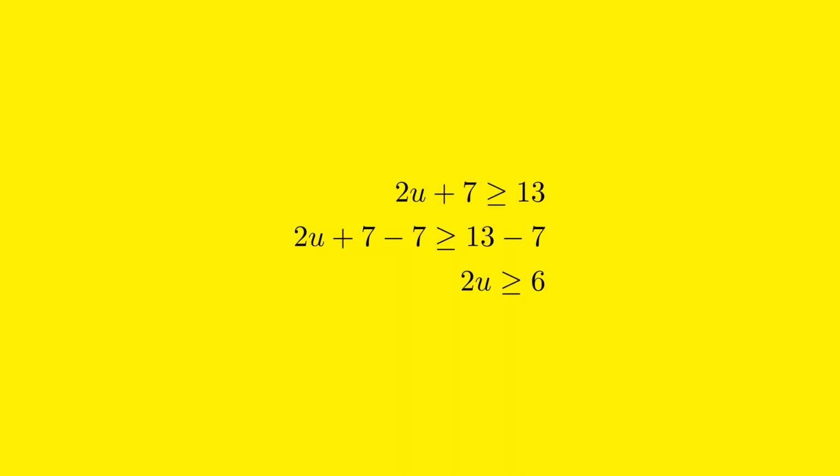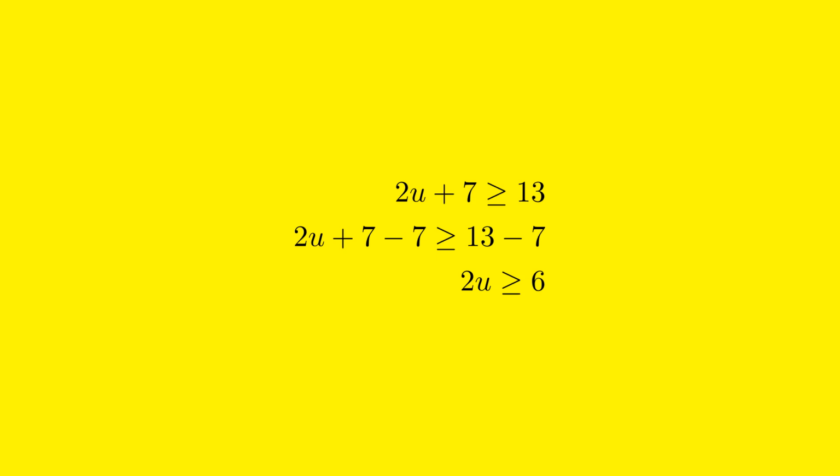To solve the inequality 2u plus 7 greater than or equal to 13, we need to isolate the variable u on one side of the inequality. To do this, we start by eliminating the constant term on the side with the variable. Here, the constant term is 7, and it is added to twice the value of u. Our first step is to subtract 7 from both sides of the inequality to get rid of the 7 on the left side. By doing this, we are keeping the inequality balanced, as we must perform the same operation on